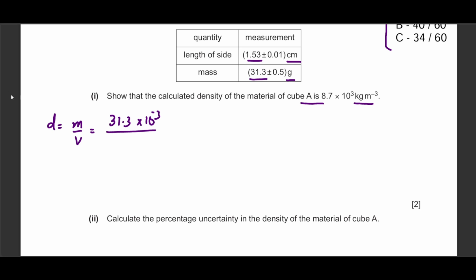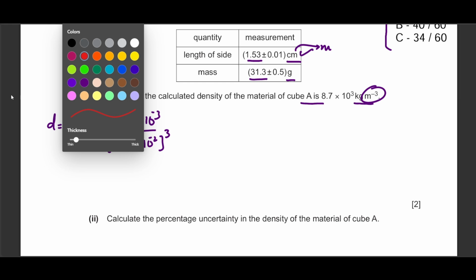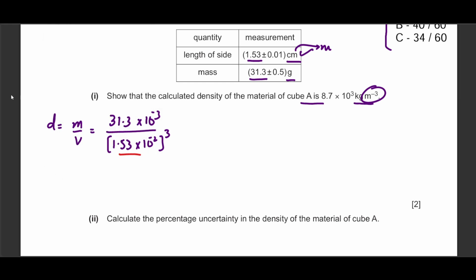And since it's a cube, I will have to multiply these lengths 3 times. So it's going to be a cube. So this will be 1.53 into 10 raised to the power minus 2, because I want to convert centimeters to meters because it's meter cube. And then I take the cube because it's a cube of uniform sides. So this will be multiplied with itself 3 times. When you write down the final answer, it's going to come out as